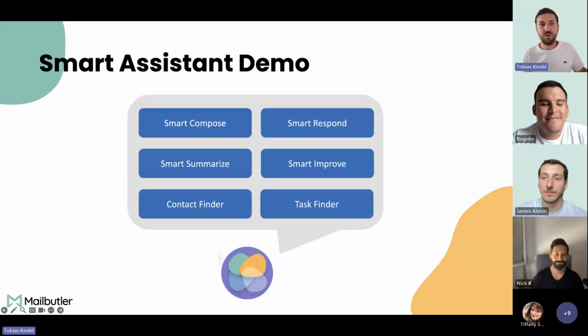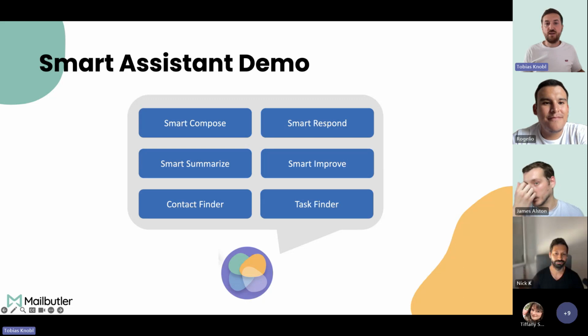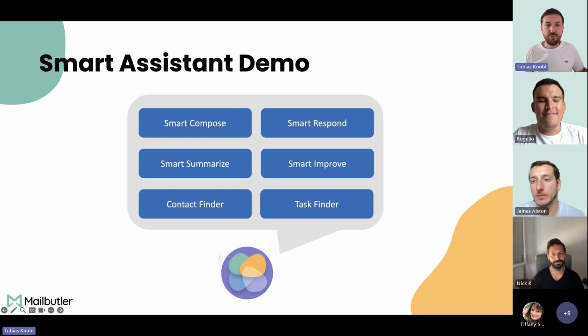Thanks a lot, James. And as James pointed out a couple of times, privacy is very important for us. So we are not scanning all your emails or going through all your emails. It's only when you're actively using that specific feature for one single email. And then we even have mechanisms in place which are hiding personal information. So nothing leaves your inbox which is private information, like names, email addresses, numbers, for example, credit card numbers, because we always think that your emails include very sensitive data and they should not be transferred outside of your inbox.